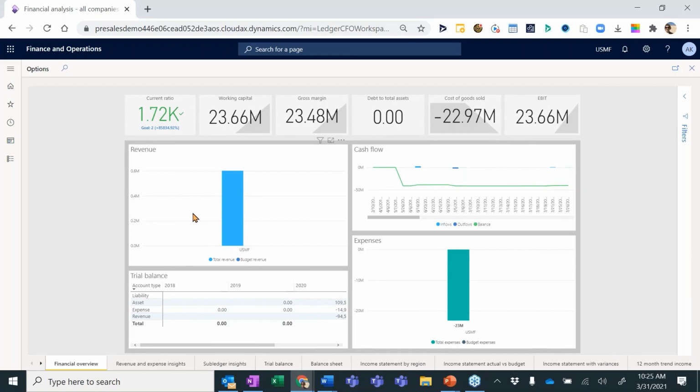So I can look at my revenue, and this is revenue by company. This is my little mini skinny trial balance here for 2021. My expenses, my projected cash flow, capital. Looking at some of our current ratio, your assets versus liabilities. What's my current working capital, my GM, and then look at all these tabs I have down at the bottom here